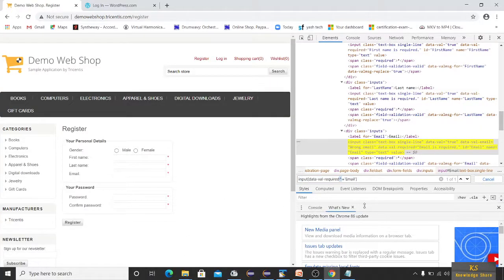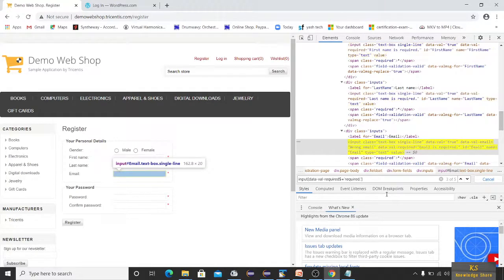So let me take dollar here and give some text which ends with required, right? See, this is required. So I'll give required and press enter. Okay, so required dot. See, you should give the complete thing which ends with, right? This is not ending with required. It also has a dot. So I have given dot.